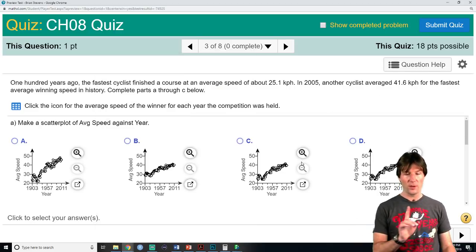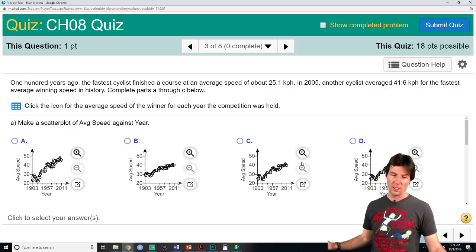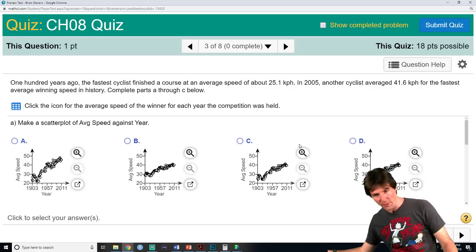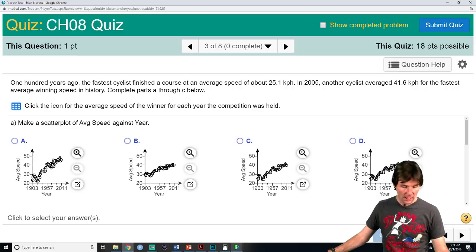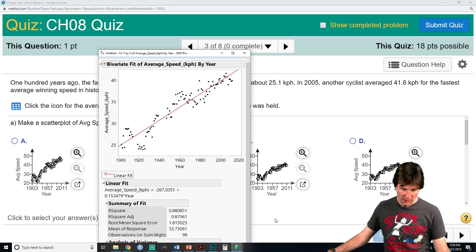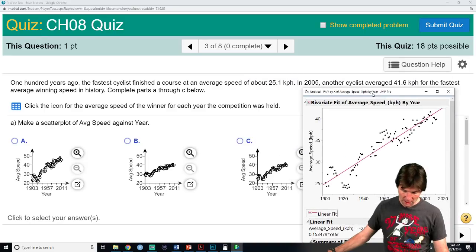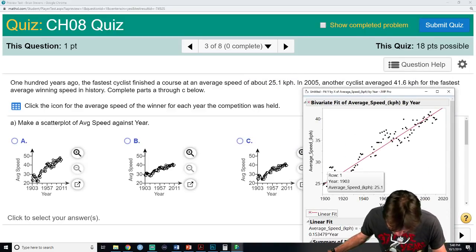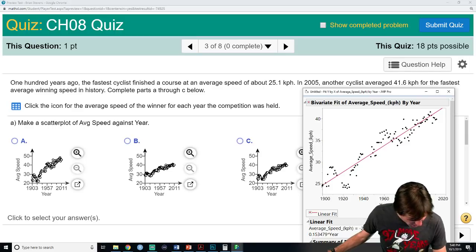And I'm going to give you a trick. You ready for the trick? The trick for this is that your graphic should have the missing data, and you really have to look at the ones very carefully, because one of them has kind of too big of a jump, and it does kind of look most like this one over here. It's a little hard to tell. You could trace over a number. You see how this hits at 25? I think that's the key.